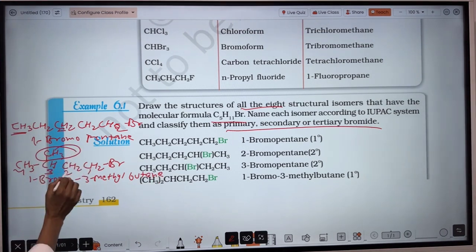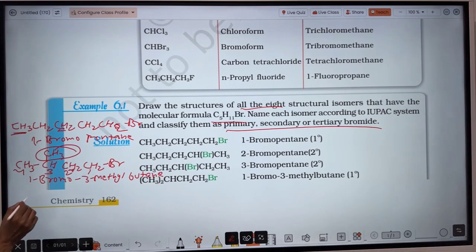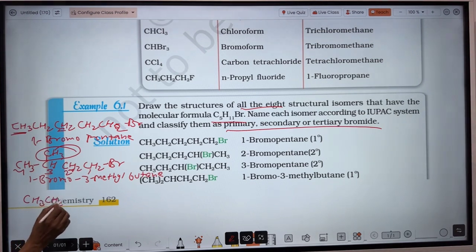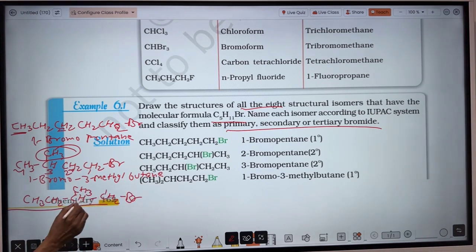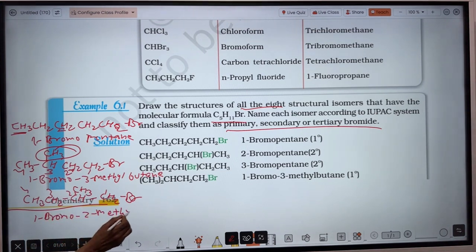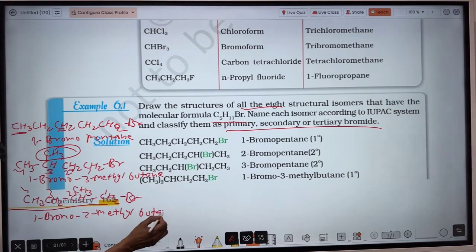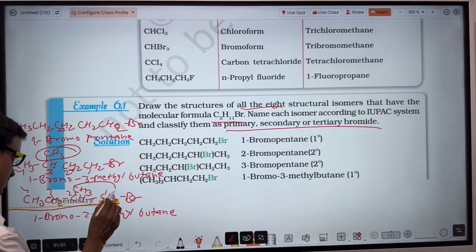Similarly, shift this methyl to this carbon. So the compound becomes this, and the main chain will be this one. Numbering: 1, because here this will get the first position. So 1, 2, 3, 4. When you attach it to this carbon,